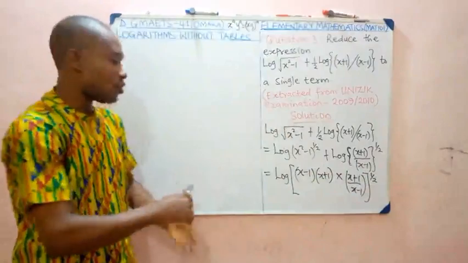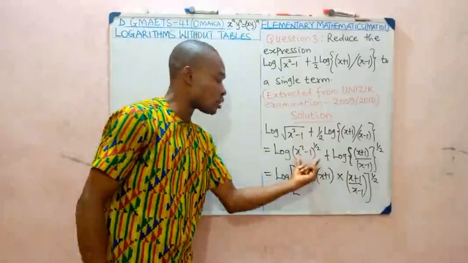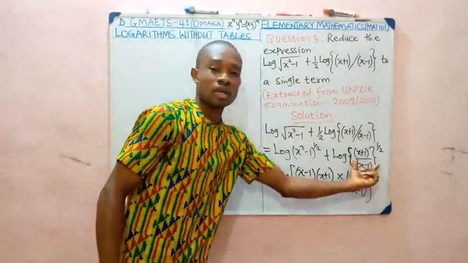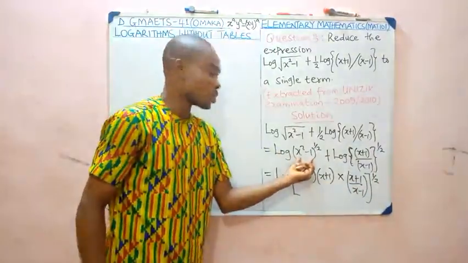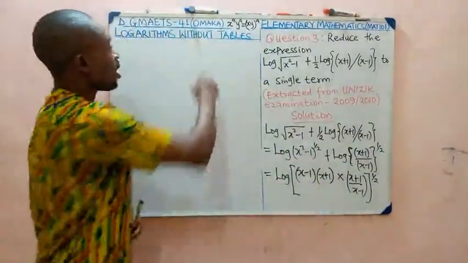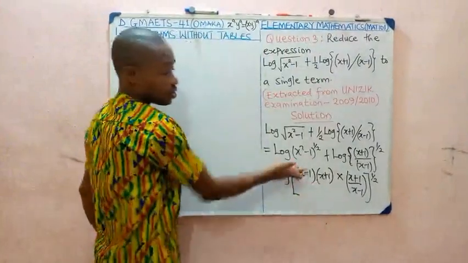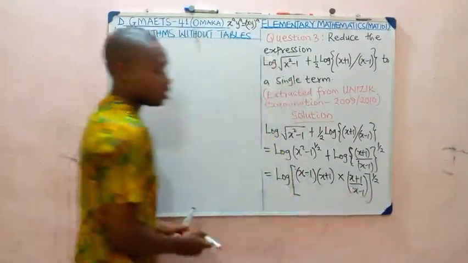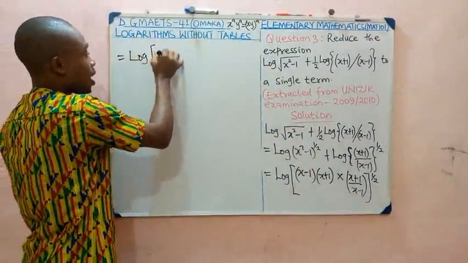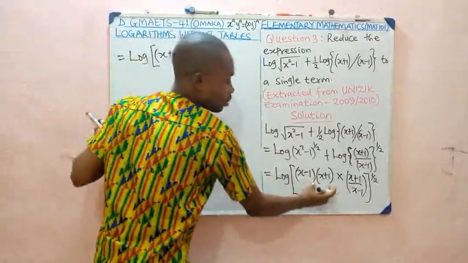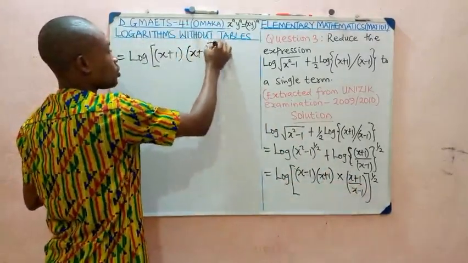So look at that expression. I broke down this using difference of two squares. I know by addition law of logarithm, I'm meant to multiply this number by this number in front of this log. Now they have common power. I factorized the power out and then expanded this, factorizing it to difference of two squares. Now having done that, do you notice that this term, x minus 1, in the numerator will cancel this x minus 1 in the denominator? And once it cancels, this will now give us log of x plus 1, which will be left from here, times x plus 1 as well, then all raised to power